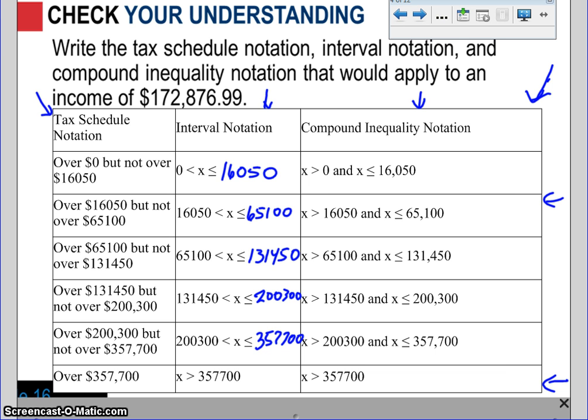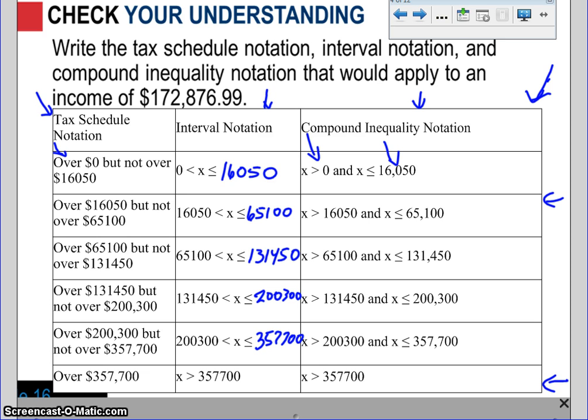All right, so looking at tax schedule notation, it's basically making the statement that it is over 0, but not over 16,050. In interval notation, that means that x here in the center is greater than 0, but less than or equal to $16,050. And compound inequality notation is making two statements, which makes it a compound statement. First, x is greater than 0, and x is also less than or equal to 16,050, so it offers the range. And it does so for each individual range all the way up to